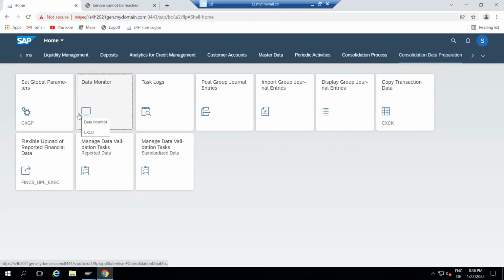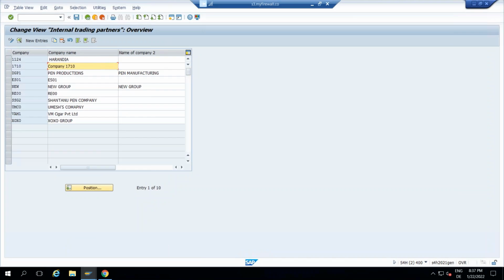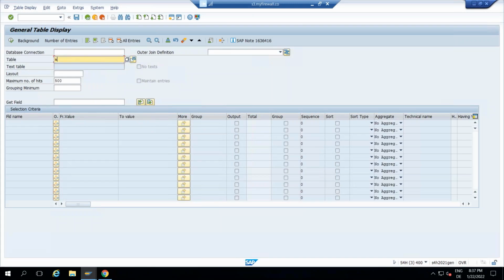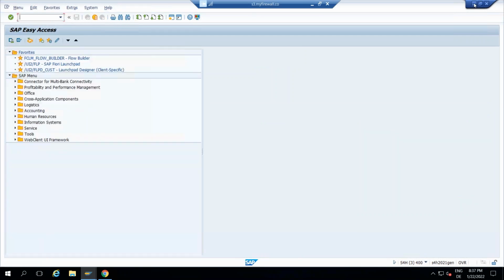We have not released any data here, so we can check that also. No values found, nothing, because we haven't released any data here.